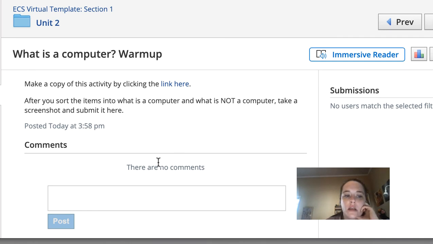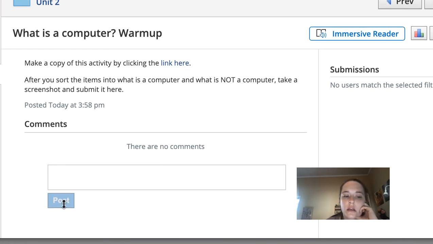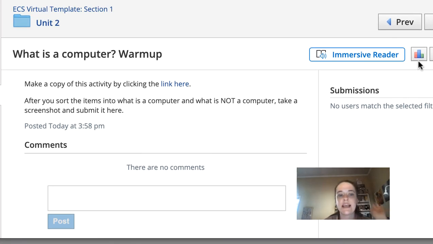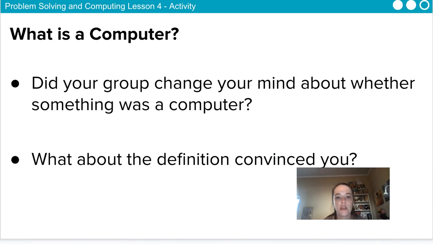So what you can do whenever you say new submission, you can select the file and then you can also type in the box for the new submission. Okay, so answer these questions in that box when you go to make the submission. All right, and then in your journal,